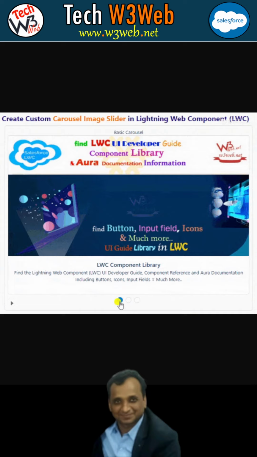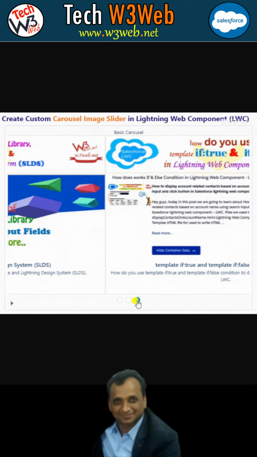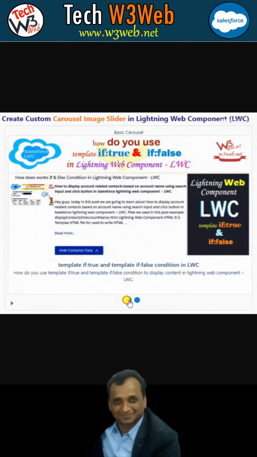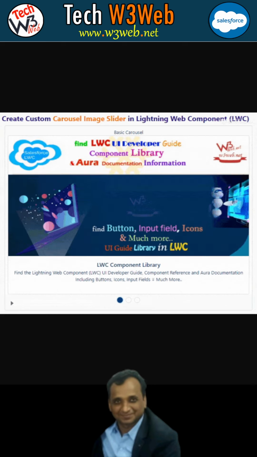Hello friend, in this example, we will create a custom carousel image slider as a responsive design in LWC, where the user can change the controller of the slider using the stop and play button, and there is a next